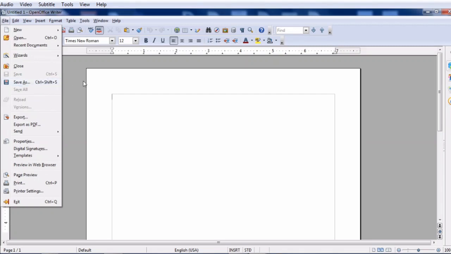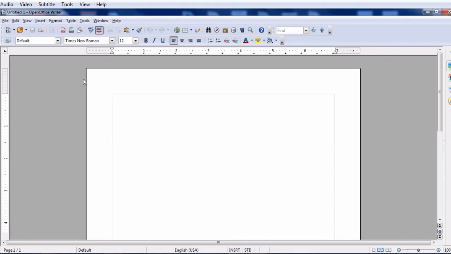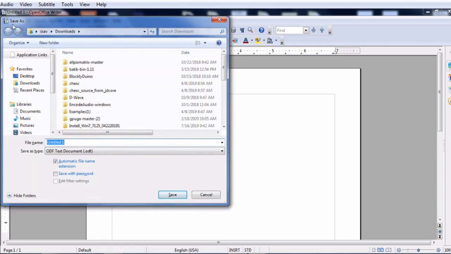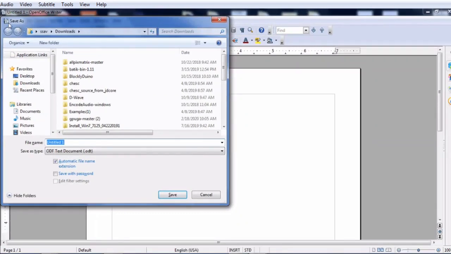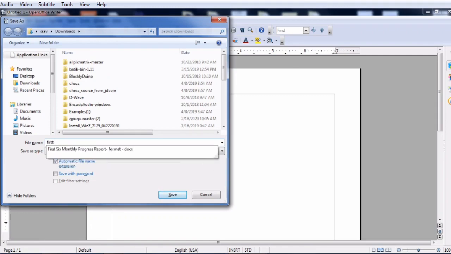Or you can use Control plus Shift plus S. So we press Save As, and the Save As dialog box is opened, and here we will give the file name. You can see it is highlighted, Untitled 1, and we will give a new name to this file, that is first doc.